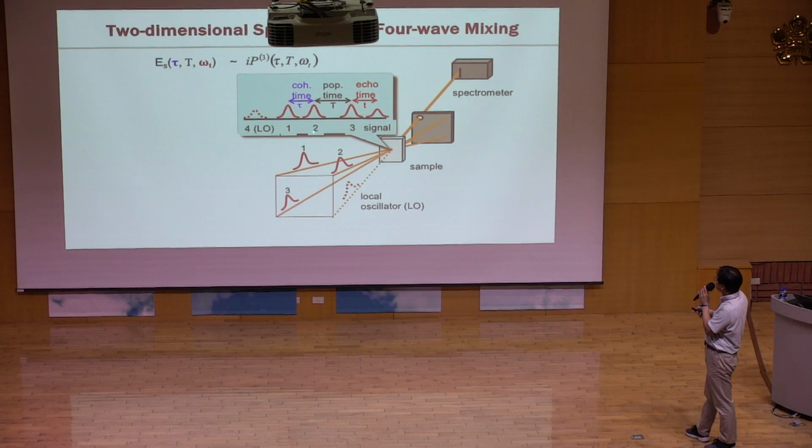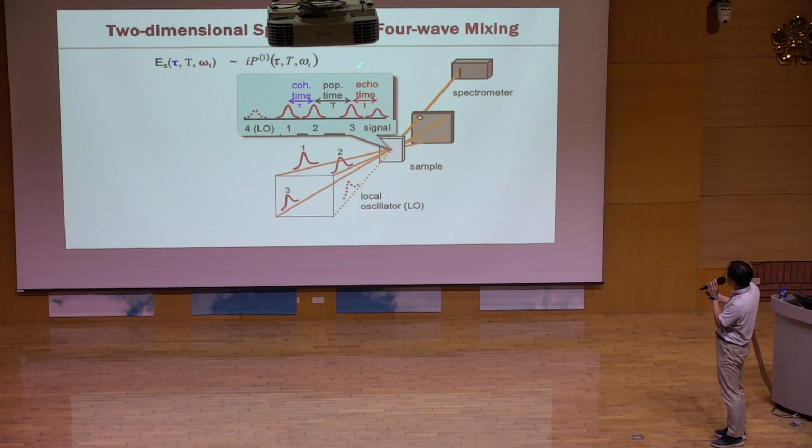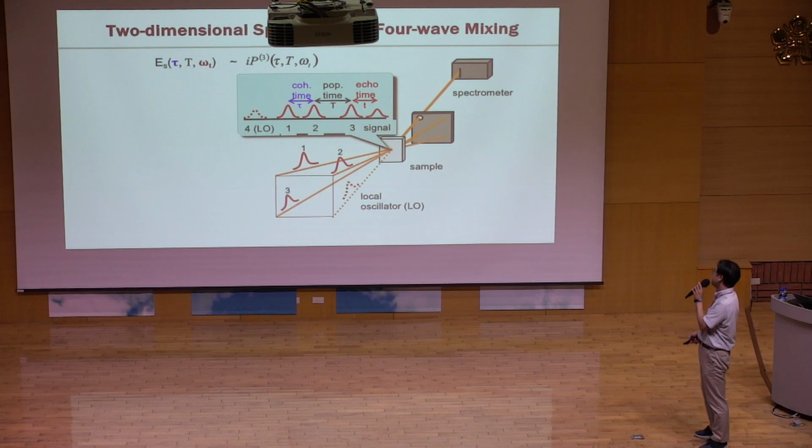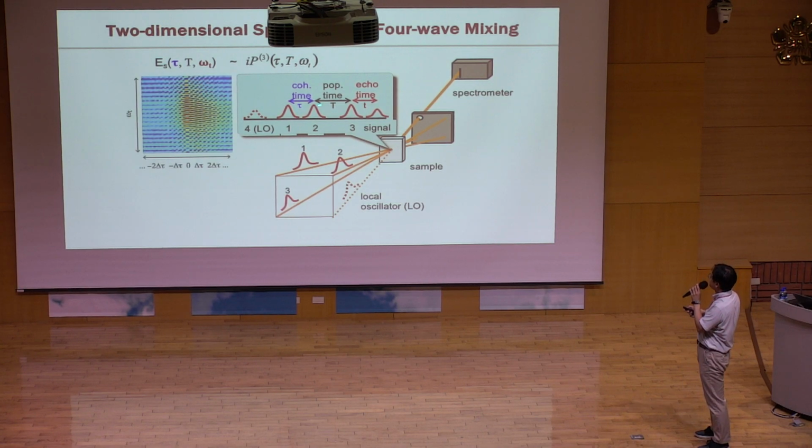The second time delay, the time delay between the second and third pulse, we call the population time, capital T here. And the echo time, actually, we didn't measure this time. This signal here is measured in the frequency domain, so we get omega T directly. And we can actually scan, in a real experiment, you fix a population time, you scan the coherence time to get